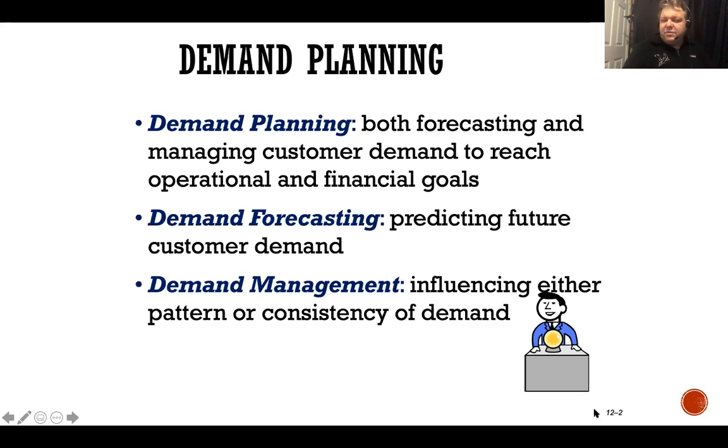But that's demand management. We're playing around with the demand that people have, either because of limited availability, so we're playing with the supply, or we're playing with the price. Bring the price down and demand goes up. Sometimes you want to bring your price up because you know you're not going to be able to satisfy all the demand that's available. So if I inflate my price, then people are not willing to buy it immediately. And because of that, again, I'm playing around with my demand. So forecasting is planning for the future, not playing any games. Management is actually manipulating your demand. Okay.